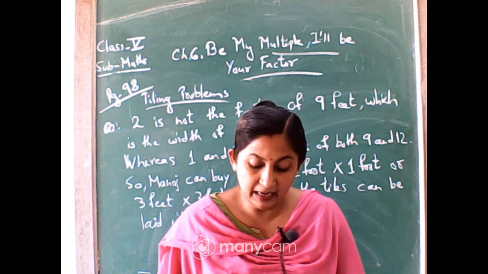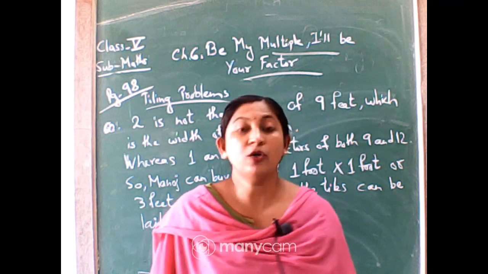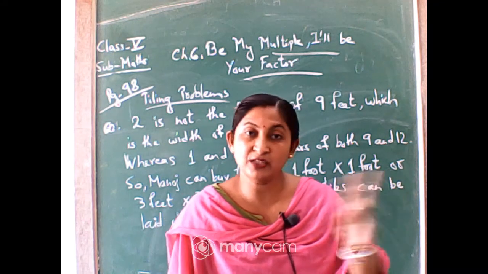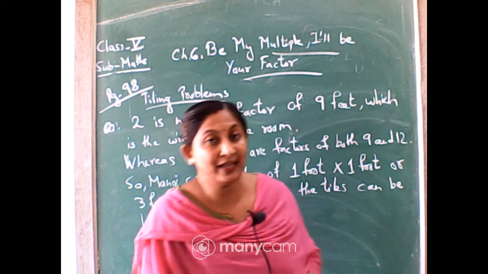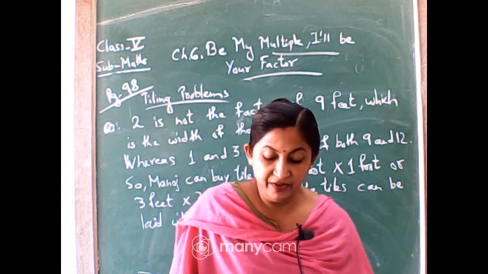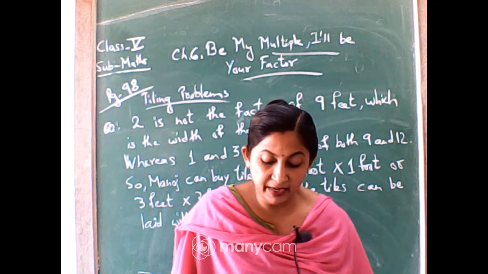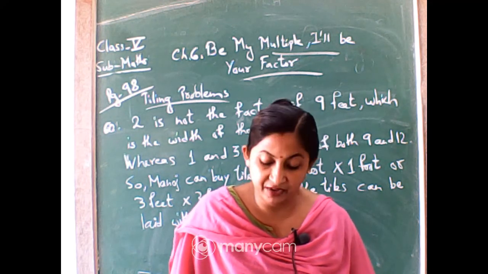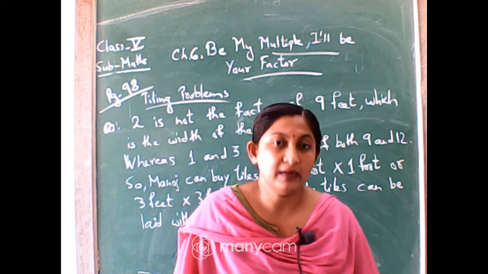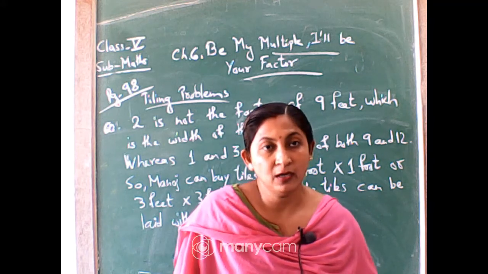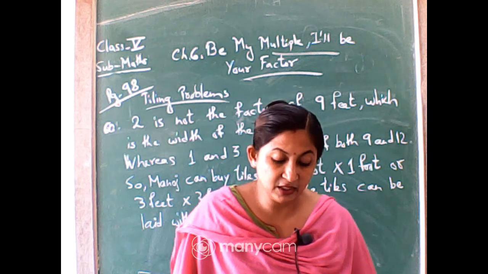Okay. Similarly, if Rani is using 3 feet by 3 feet, these are all factors, that means 1, 2, 3, these are all factors of 90. If Rani is taking 3 feet, then 3 feet by 3 feet will be the tiles of Rani. Then Geeta, the middle one, has to take 5 feet by 5 feet, and Nasima has to take 6 feet by 6 feet of the tiles. So these are the 3 options chosen by them to lay the tiles in the path. Okay.